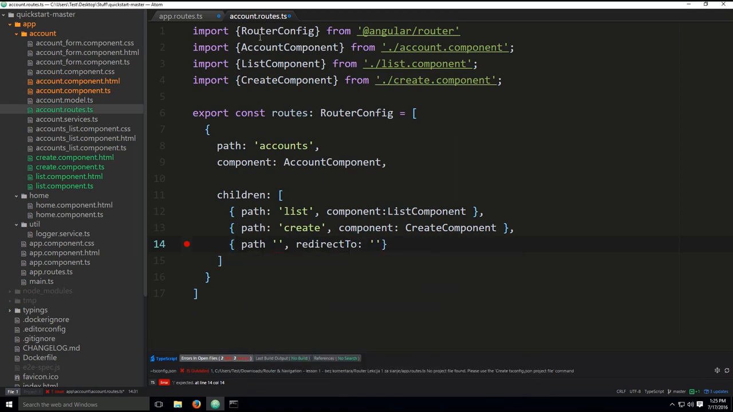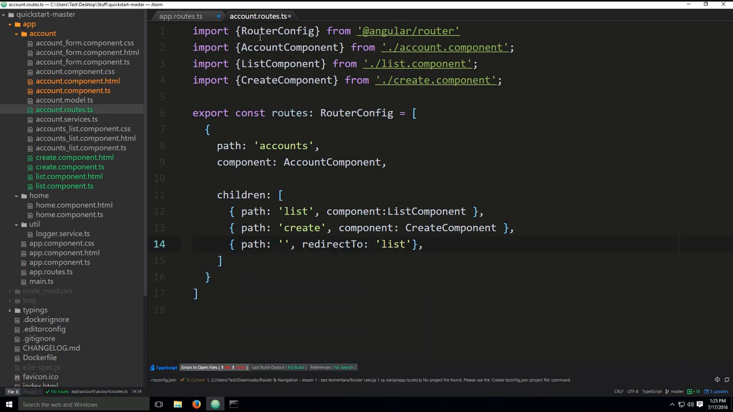And the default one, I'm going to say that that's going to be list. Okay. So I'm still getting a red flag for some strange reason. Let me just go ahead and fix that real fast. There we go. So that's the thing that we needed to do. And look, when the list in combination with the accounts,